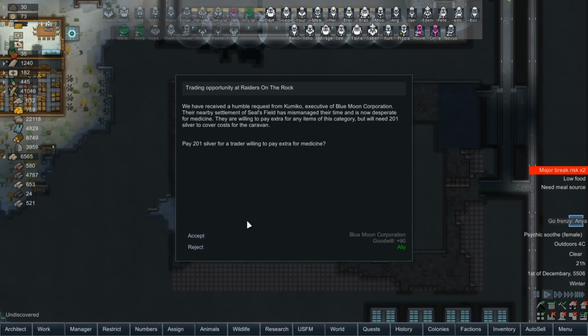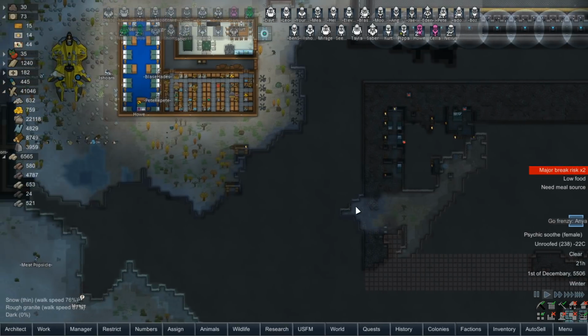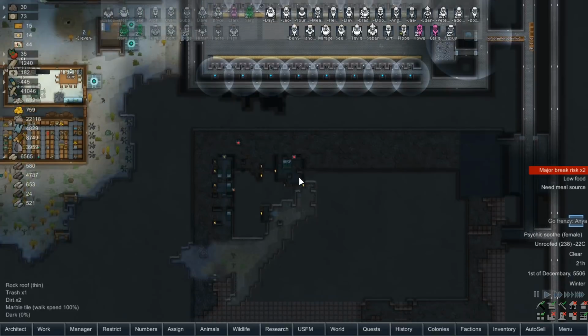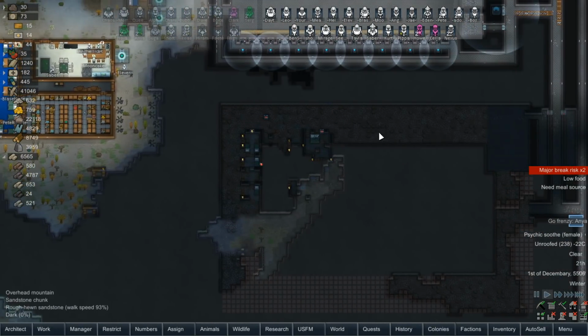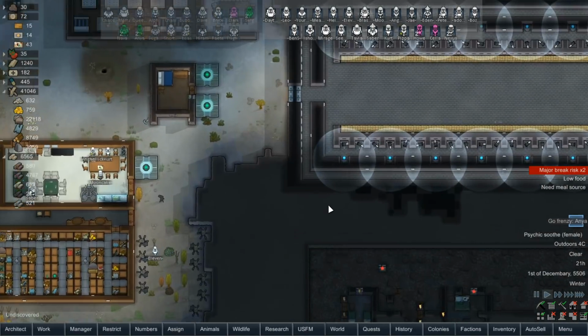That could be a problem. Oh, fuck off. We're not paying 200 silver for you to come so you could pay extra for medicine, but they only carry a little bit of money in the first place, so they can't buy much. So there's kind of no point. But this temperature thing's kind of got me screwed up. We do have extra...